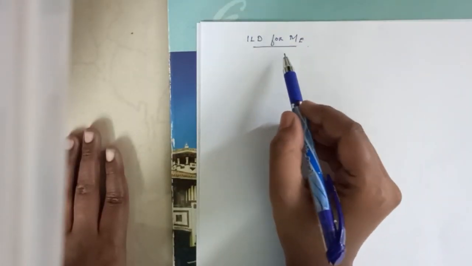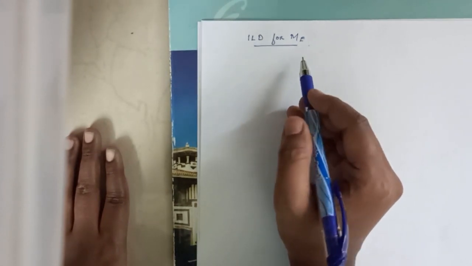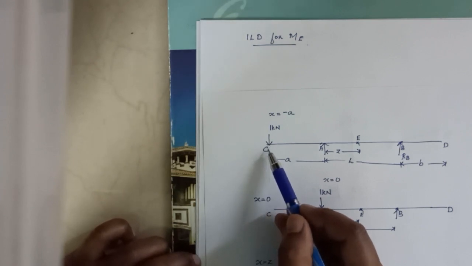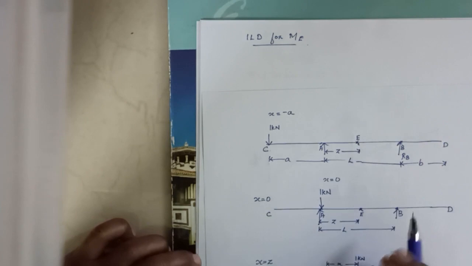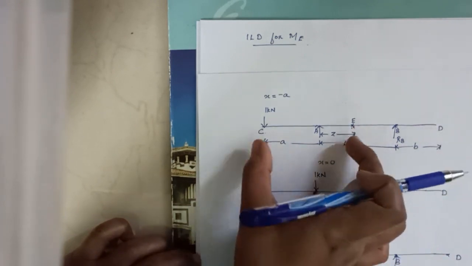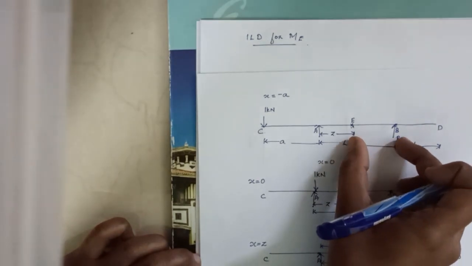Next is the influence line diagram for the bending moment at this section E. For that also consider the different load positions as that of, we considered in the shear force at E. So for that, first load position when the unit load is at the point C. If the unit load is at C, therefore the bending moment at section E will be equal to, consider right side or the left side. Okay, it will be easy while considering right side.